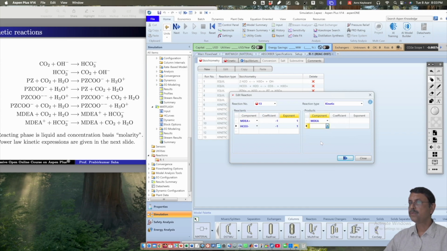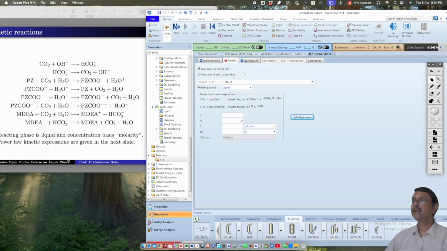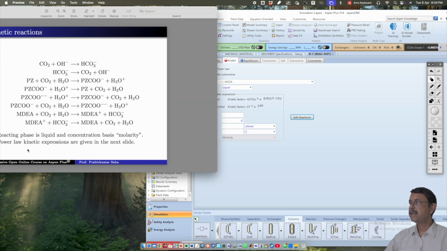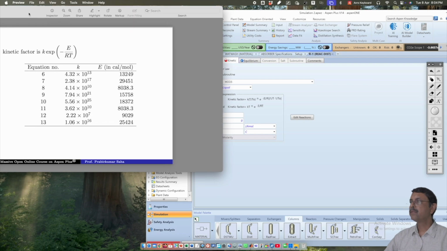This is CO2, H2O. Okay. So 8 kinetic reactions, and the reactant phase is liquid and concentration basis molarity. So we have to just add in the power law kinetic expressions which are given over here. So kinetic factor